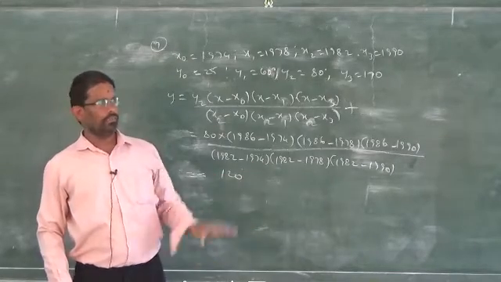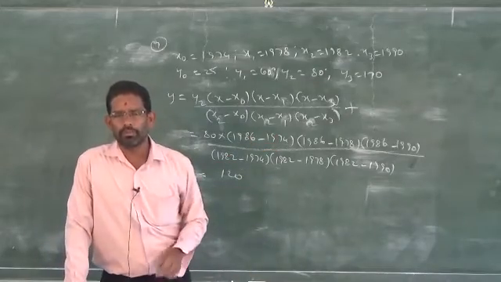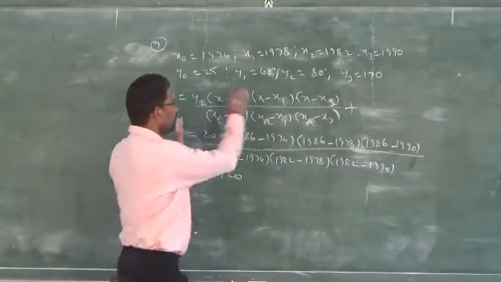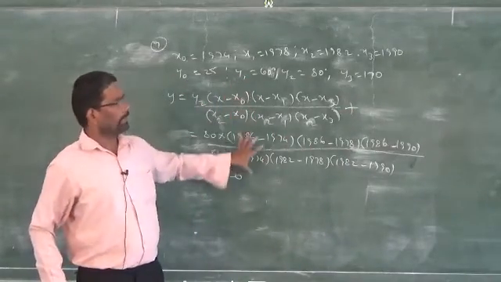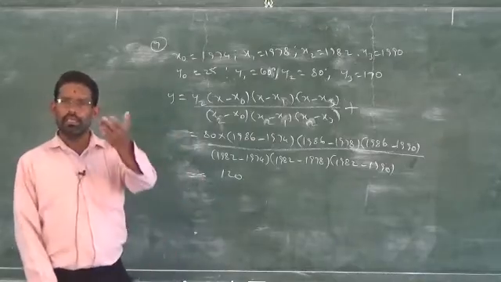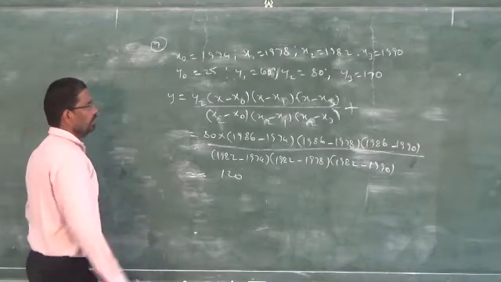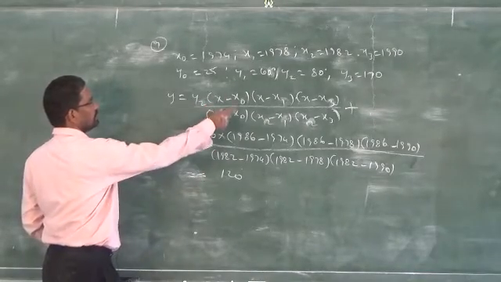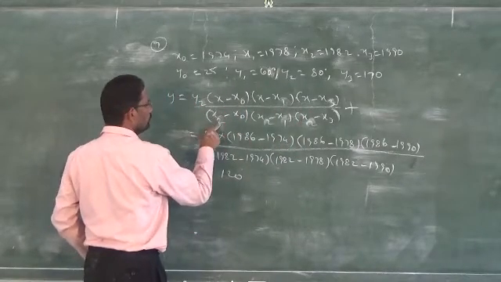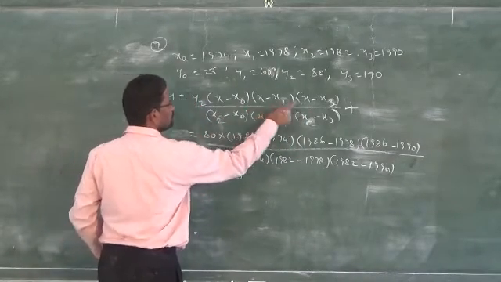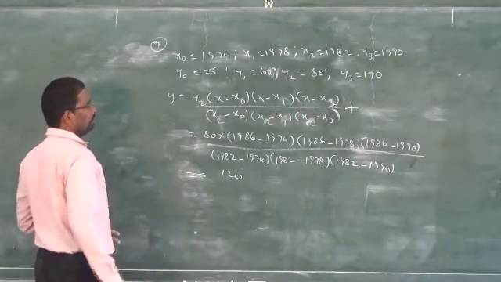Clear? Instead of writing all the formulas first and then taking one part, that will take more time. That is your wish, whether you do all this process in one stretch, or do it part by part and finally add all the answers. So simplification of this one will get 120. Clear? I am replacing the y2 and the x. If it is y2, there won't be any x2 in the numerator, but down below we will have x2. There is no change in the second term. You can write it as it is. Then you substitute the values, simplify, and you will get the answer.